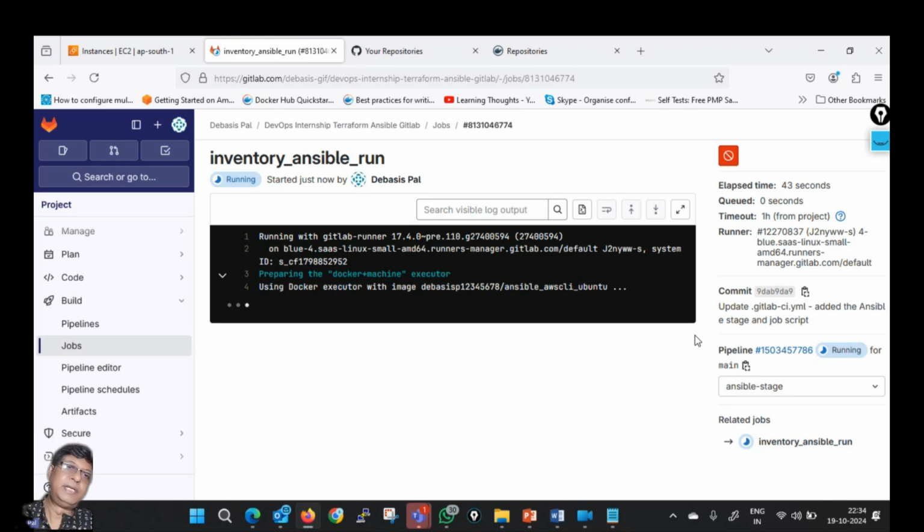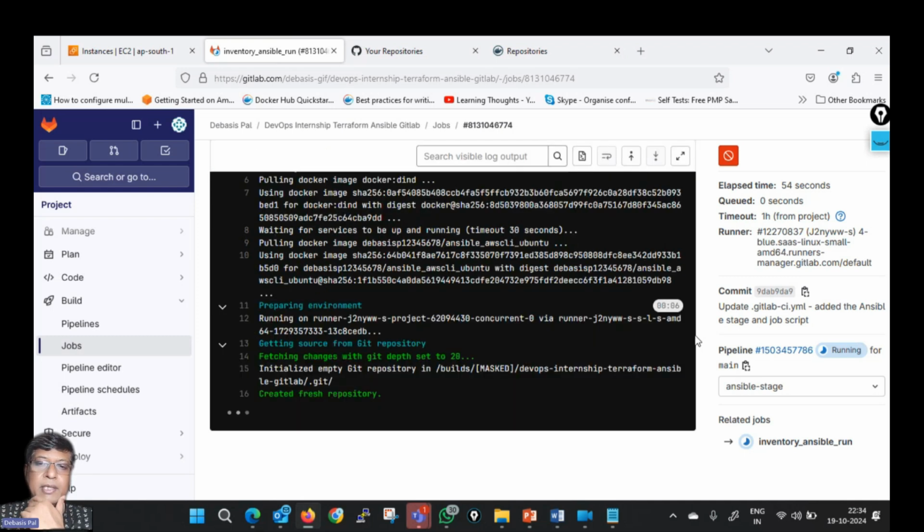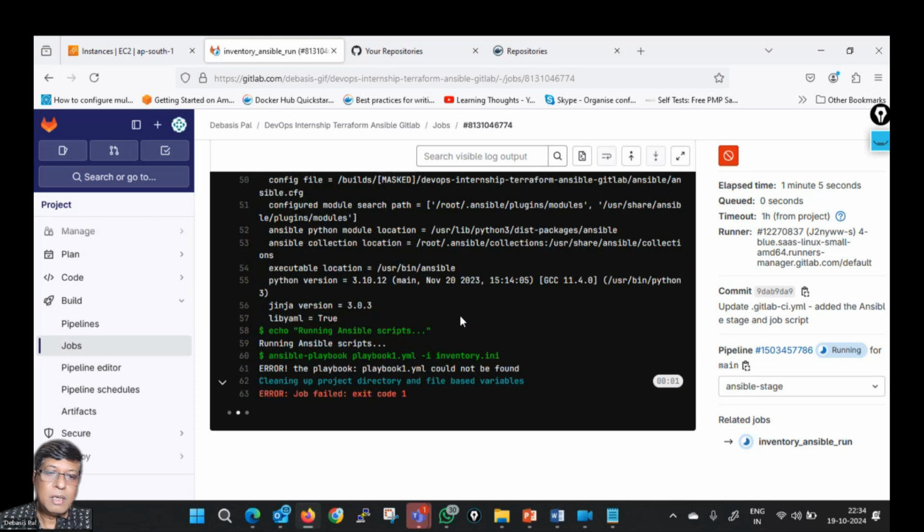Let's see whether it does or not. I'm not sure, because these things can go wrong anytime. If something was not done correctly, it can go wrong. Don't worry. If it does not work today, we will complete it on the next weekend, and then we will move on to Docker. But let's hope for the best. I think, oh, it has,